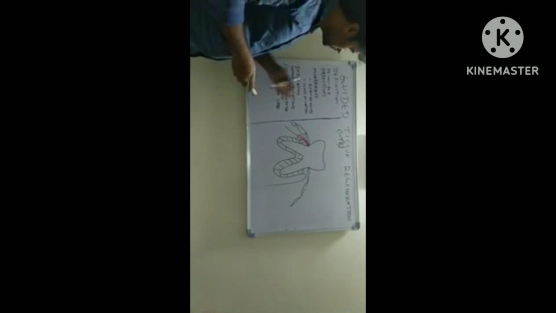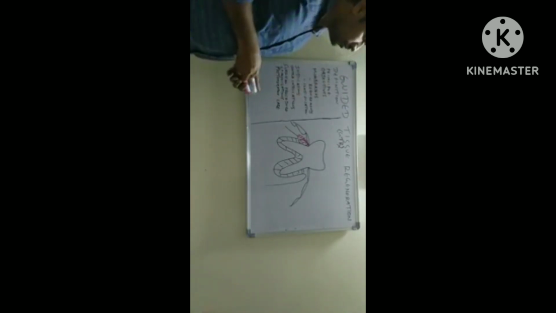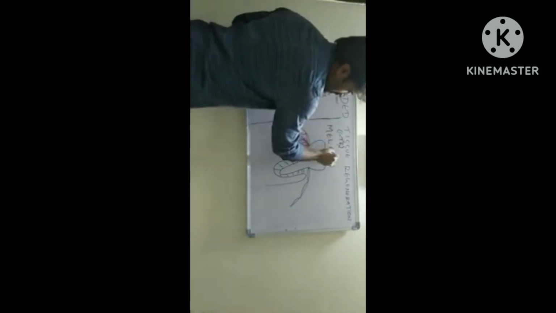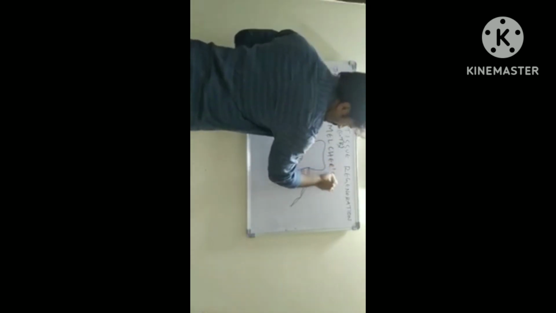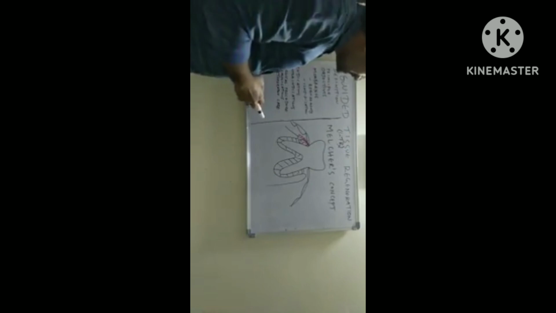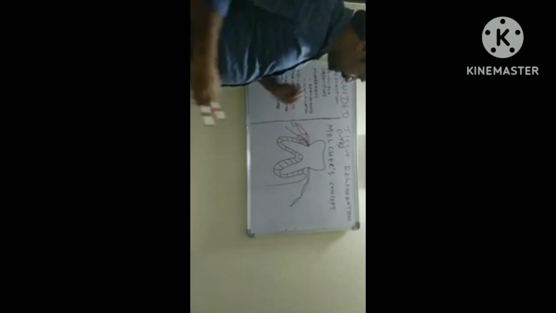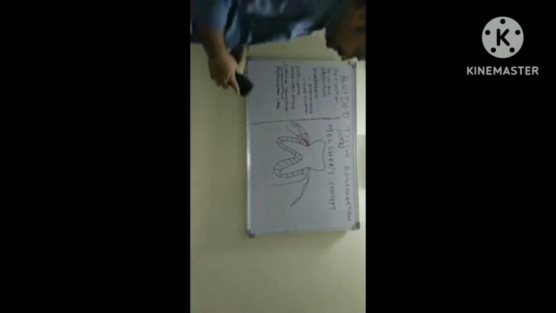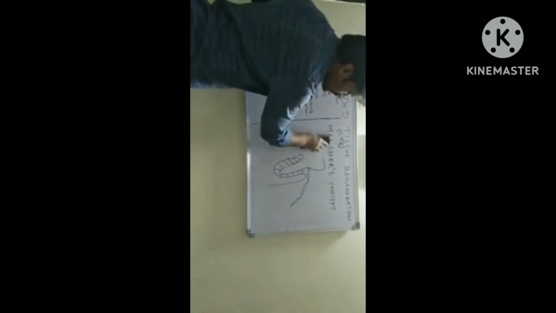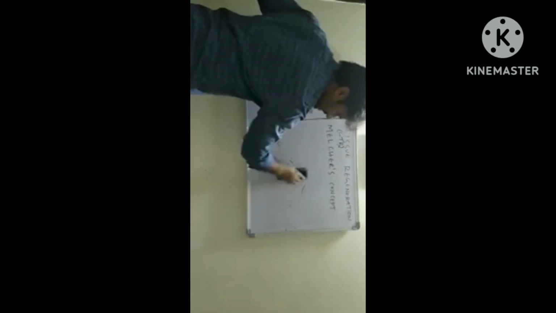Then coming to the principle of the GTR. GTR works on the principle of Melcher's concept. According to Melcher's concept, this defect can be repopulated by the cells from the four regions. Okay. They are,